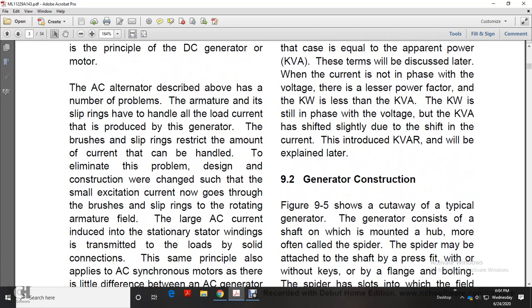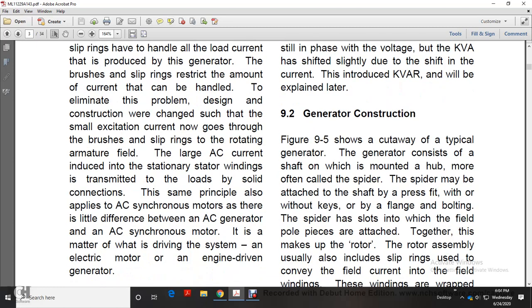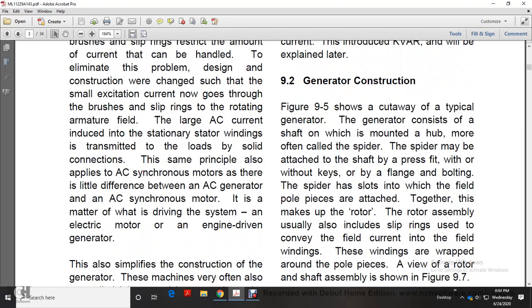The AC alternator described above has a number of problems. The armature and its slip rings have to handle all the load current produced by the generator. Brushes and slip rings restrict the amount of current that can be handled. This is eliminated with a design where only the small excitation current goes through the brushes and slip rings to the rotating armature field, while the larger AC current is induced in the stationary stator windings and transmitted to loads by solid connections. The same principle also applies to AC synchronous